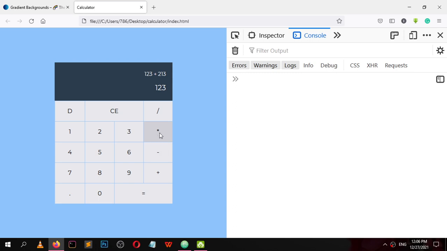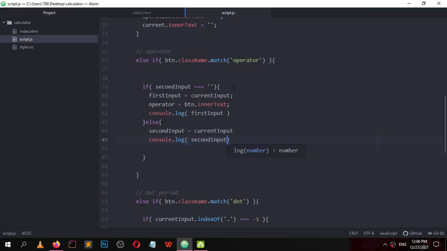As soon as I hit this, the first input is 1 2 3. Let me show you again, 1 2 3, and as soon as I hit this operator plus, let me reload everything, 1 2 3, and I hit this addition button, it gives us the first input.